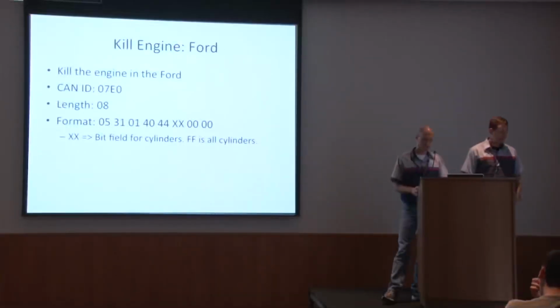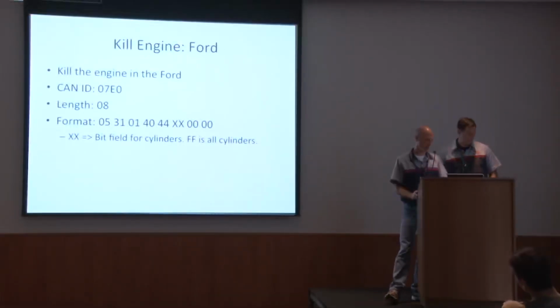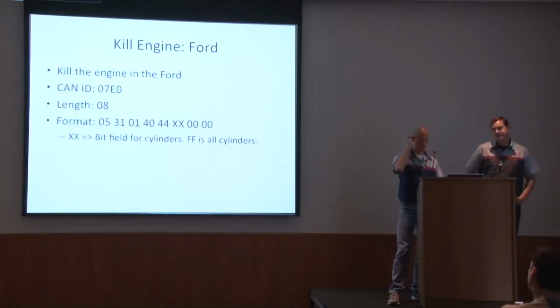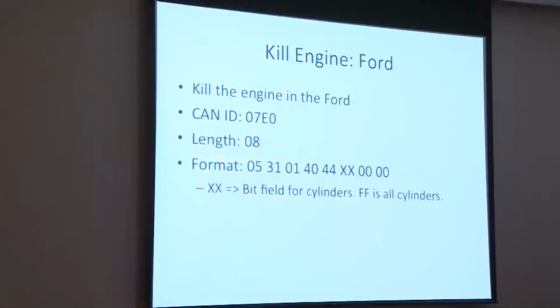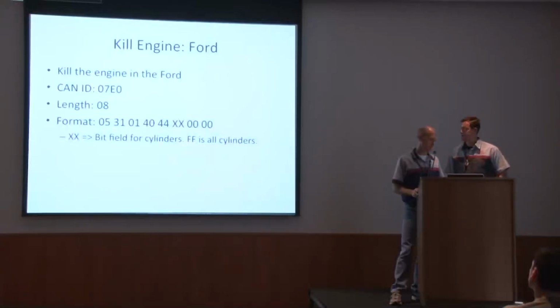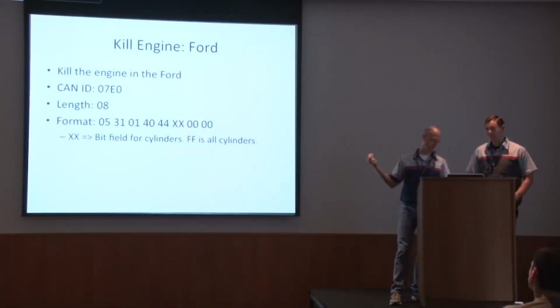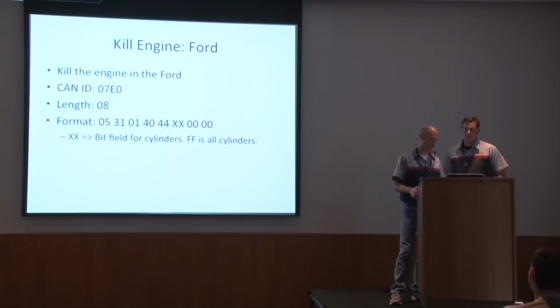So here's one, and it turns out that there's lots of ways to denial of service the car with the CAN bus. You can make the car not work or not do anything. That's actually very easy to do. So here's one example you can use to do it. In this case, you just send this message and the car will die. The engine will die and you won't be able to start it as long as you send this message.